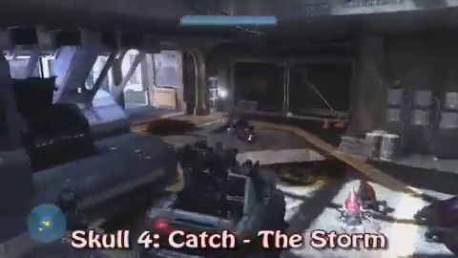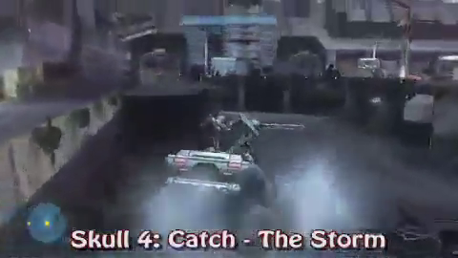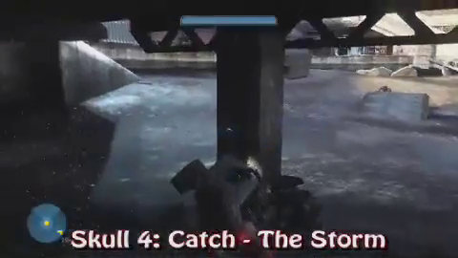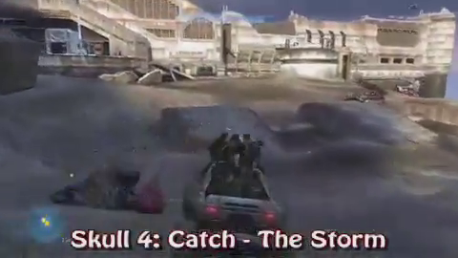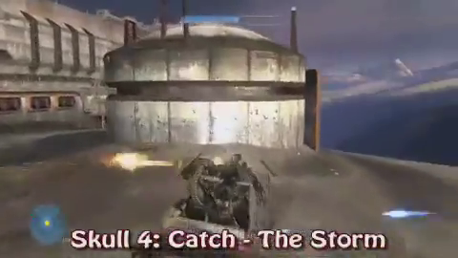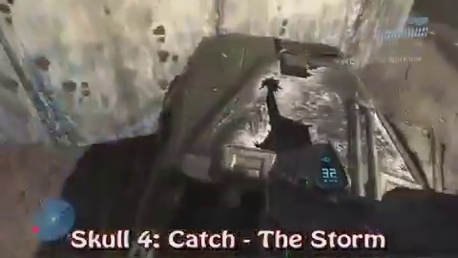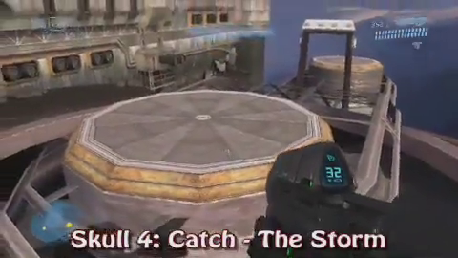Right, the Storm. This skull is a bit weird. There's like sort of a window where you can get the skull. As soon as you go through those doors, you've got about 30 seconds until the skull spawns, because it's not actually there all the time. And it's over on that circular building. Just take the warthog and crash the warthog into the building and then jump on the warthog to get up. Obviously I've got here a bit early so it hasn't spawned yet, but you just wait and it'll appear